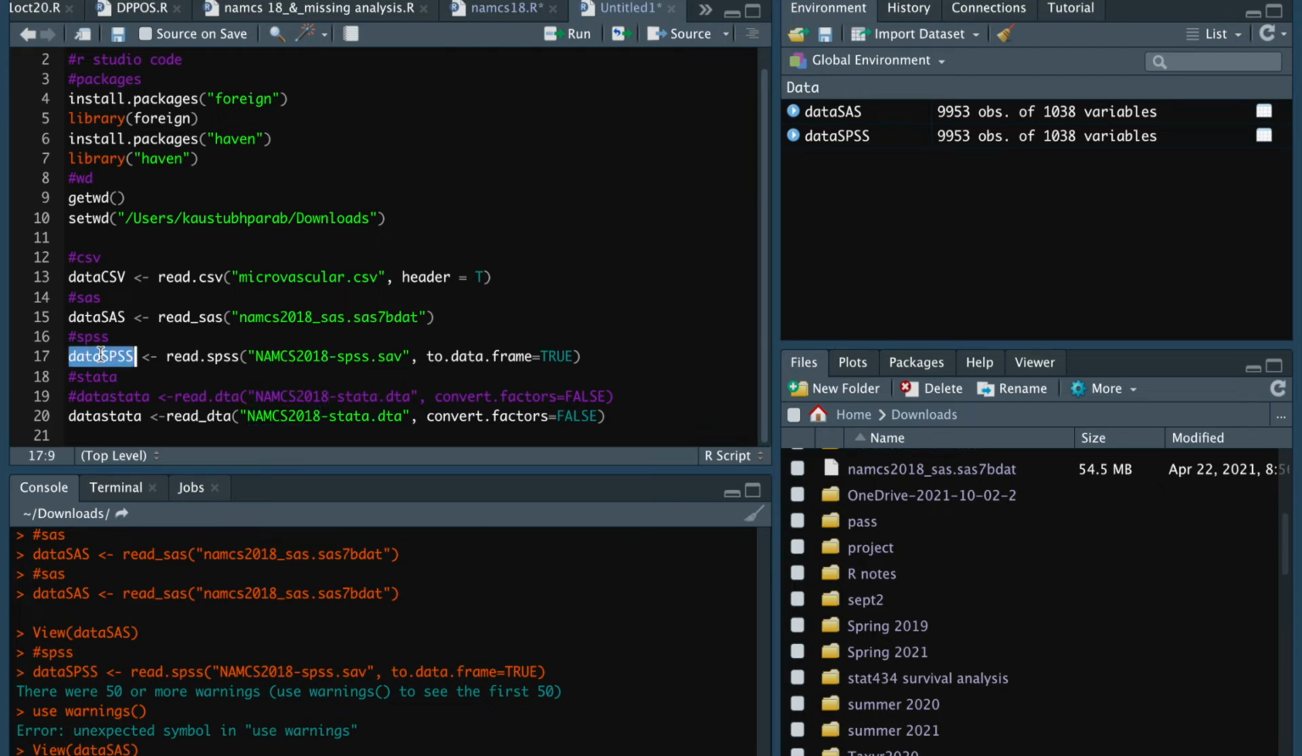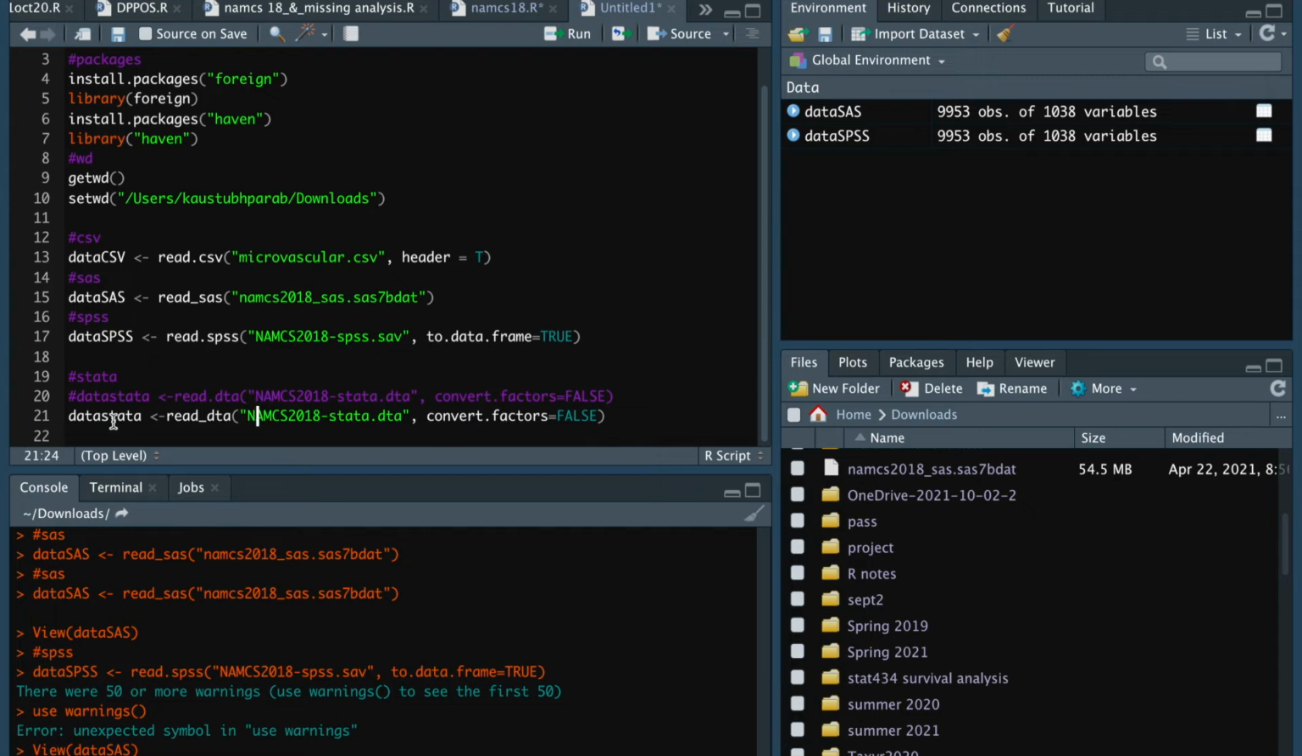So you can call again another dataset name. It can be anything, but make sure you don't start with a number, because if you start with a number, R will recognize it differently. You can see the color is in a different format. Okay, so start with any letter like this and you should be good. Same thing for Stata, any dataset name and the name of the file, and then again here we have a different